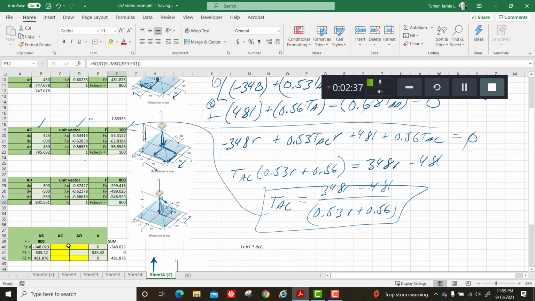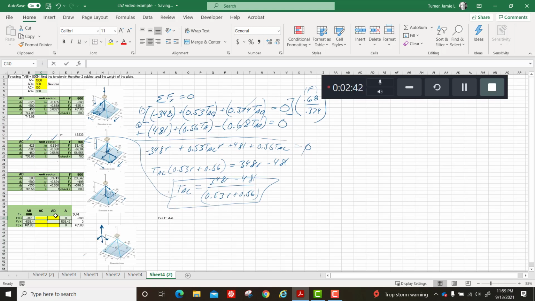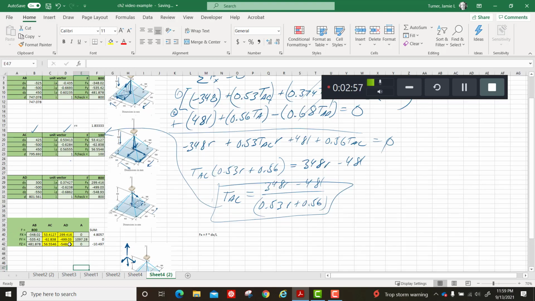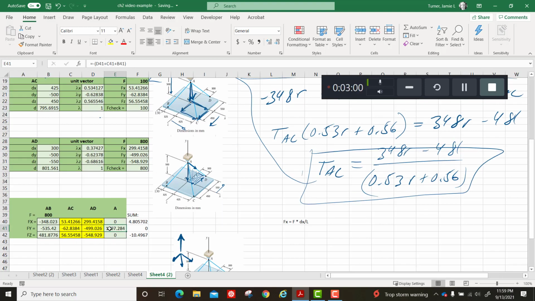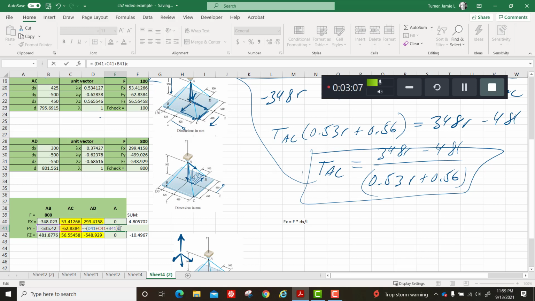Okay, so down here at my force balance table, I'm going to go ahead then and link this to what's happening in AC. So we'll pull that down, and then here's what's happening in AD. We'll pull that down. Okay, so the Y direction, we can force that to add to 0 by just changing what our weight is. But for the rest of it, you can see that we are not adding to 0 in the X or